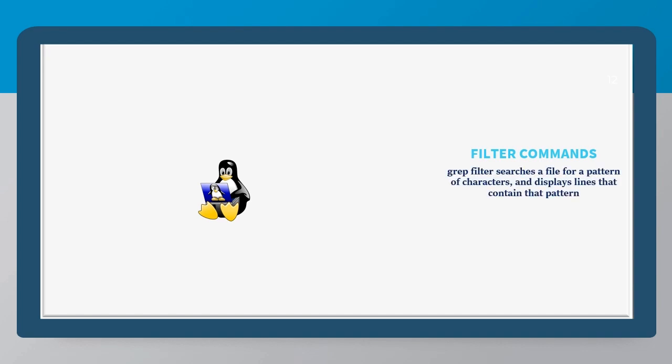Moving on to next section, filter commands in Linux. grep is a command line utility for searching text or data for lines that match a regular expression. Syntax: grep, options, pattern we are looking for, then file name. There are multiple options, but we will discuss few commonly used options. -c